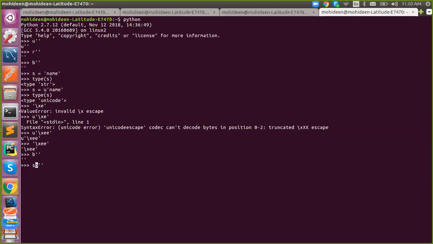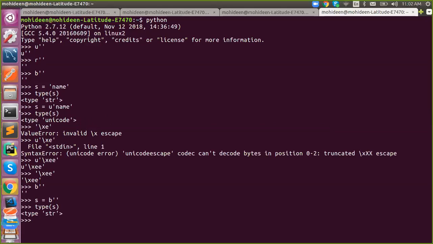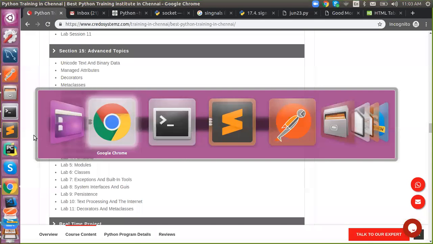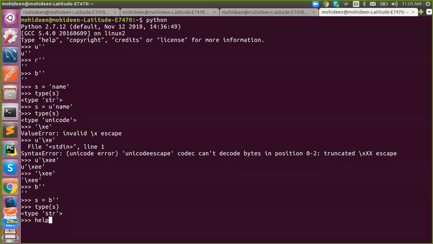What is Unicode? That is what I'm saying. Unicode, in the sense that you are using a rupee symbol, right? You won't be able to keep that Unicode string directly. Even in HTML, I'll show you a normal example.